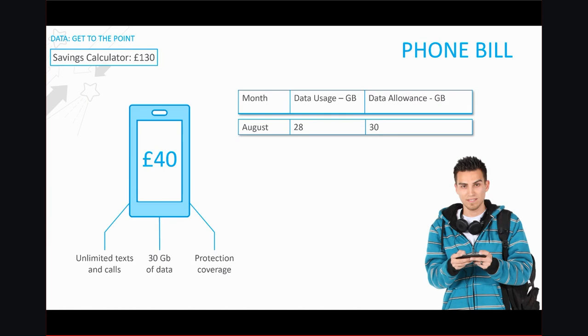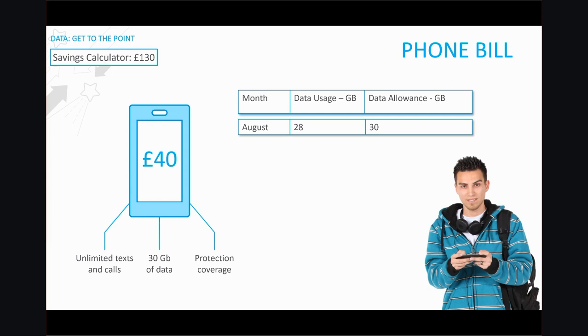Back to Kevin's savings, the phone bill. So now, even though the costs are low compared to the other expenses, it's important for us to look at Kevin's phone bill. He currently pays £40 a month, which includes 30 GB of data, unlimited texts and calls, as well as protection coverage. And whilst the unlimited texts and calls and protection coverage are coming in a bundle for £10 a month,